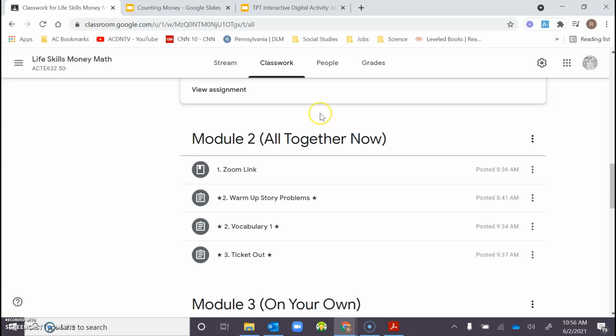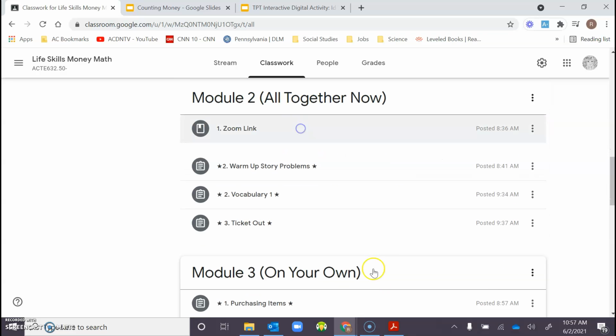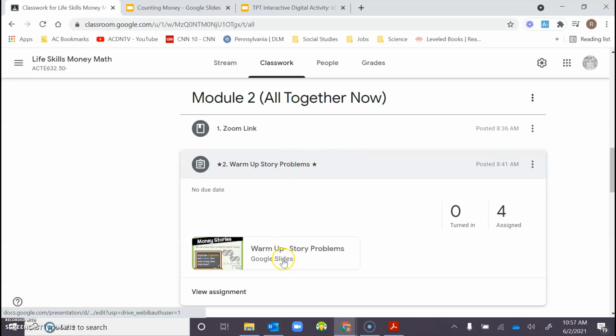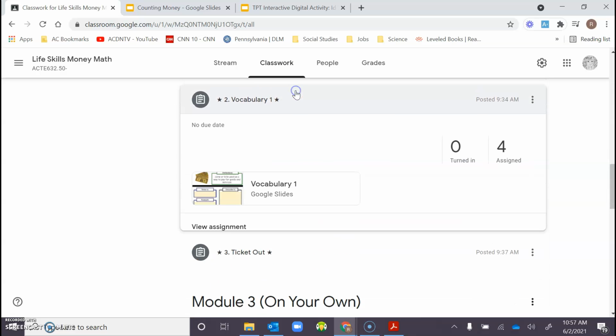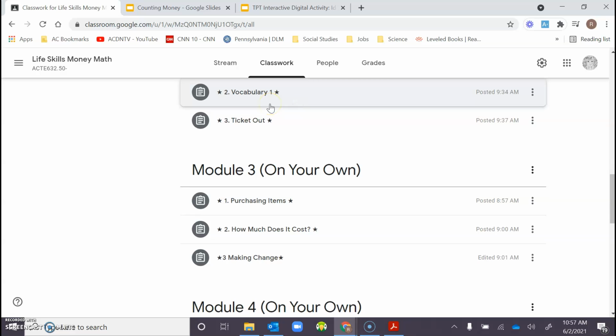questions. Then we have another day where we're all together. Zoom links here. We have a warm up, money story problems. There's only about 4 of those questions, and I'll read and we'll do them together. Then we have vocabulary, which the kids will fill in, and that's going to lead us up to the real life part of this